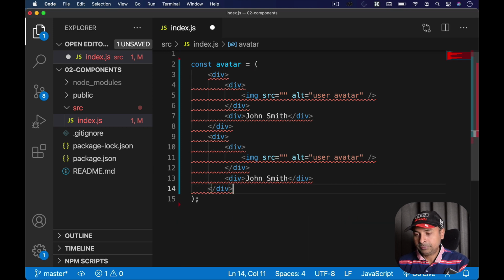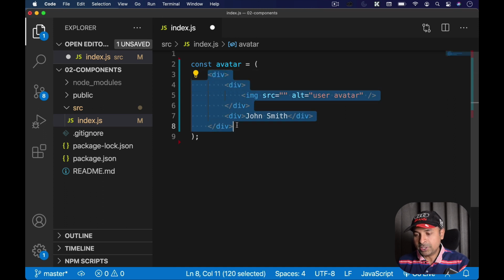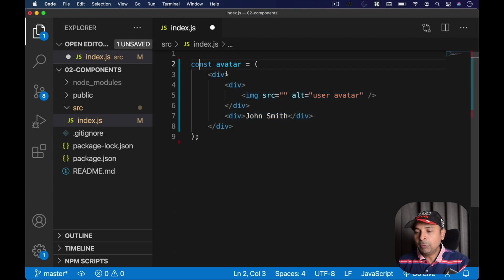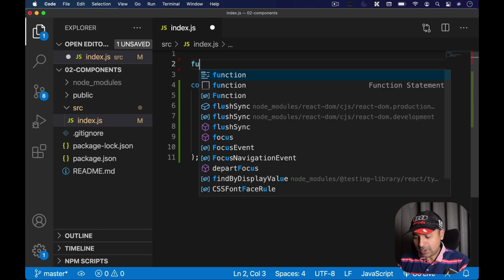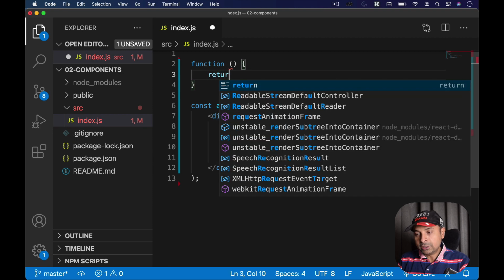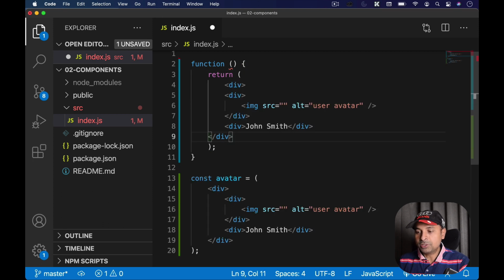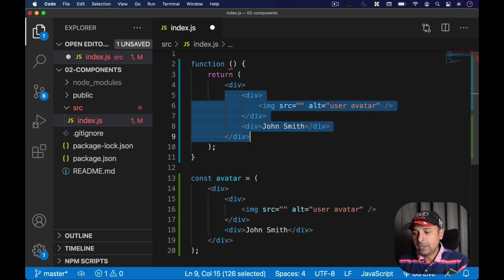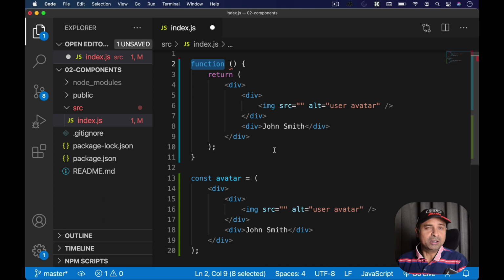But I don't want to do it. So step one is take the duplicate JSX. So I'm going to take all of this duplicate JSX. Okay. Step one, and I'm going to put it into a function. So I'm going to create that function inside this index.js only for now, just to follow the steps. So I'm going to create a function which is going to return the JSX which I have written here, right? So I'm going to take it and put it here. I just did Control C and Control V, and I have put this duplicate code into a function. This is step one, a really easy step. Just need to take the duplicate JSX code and put it into a function.